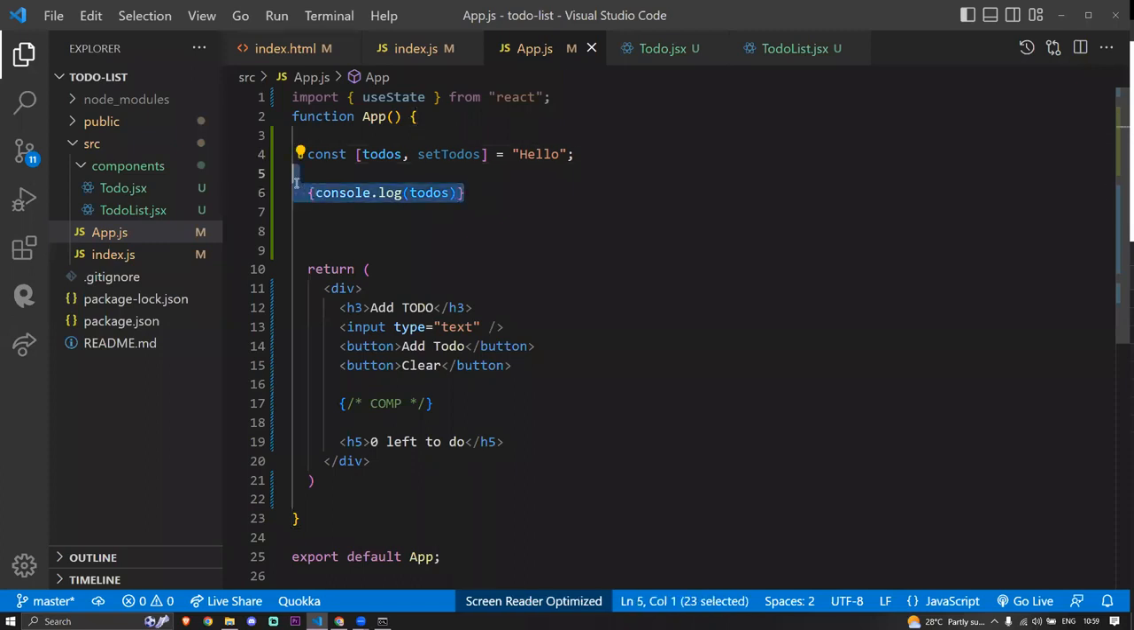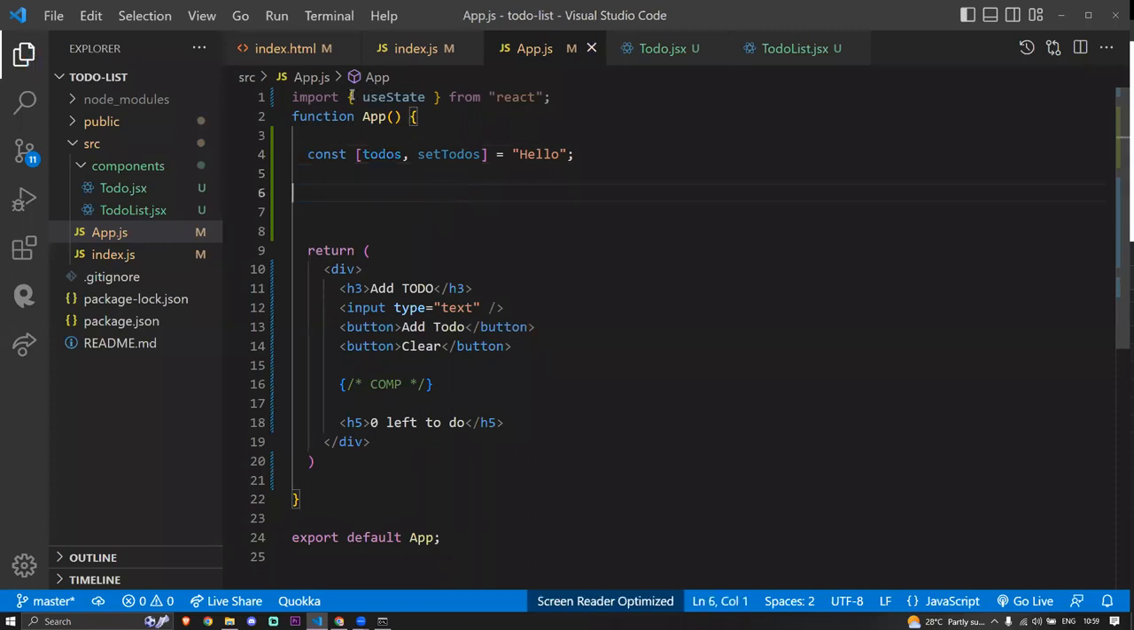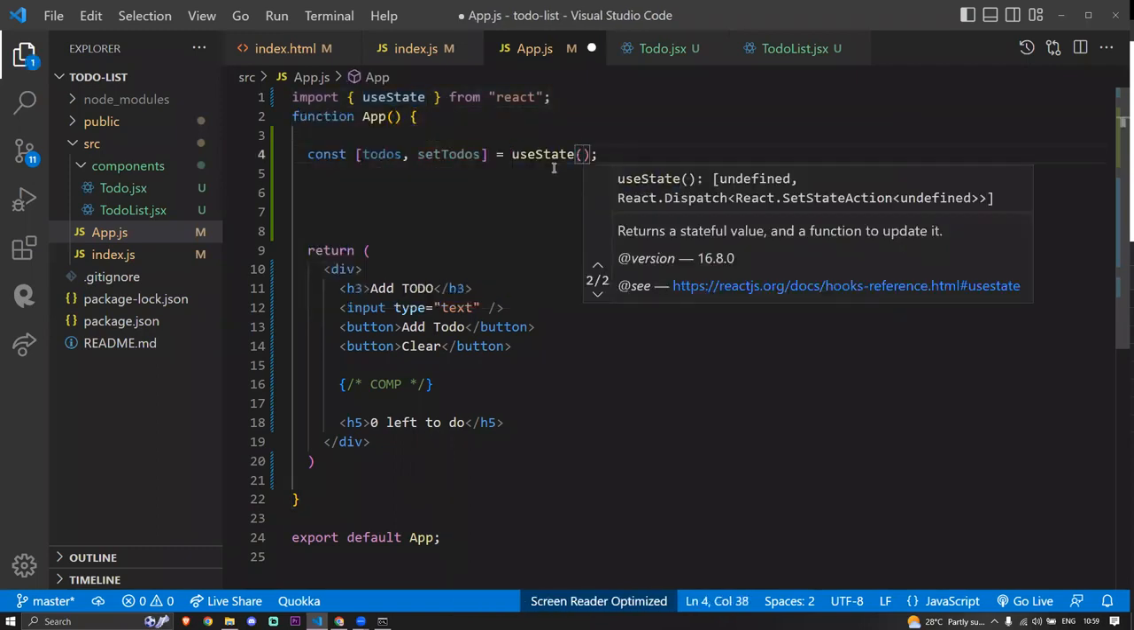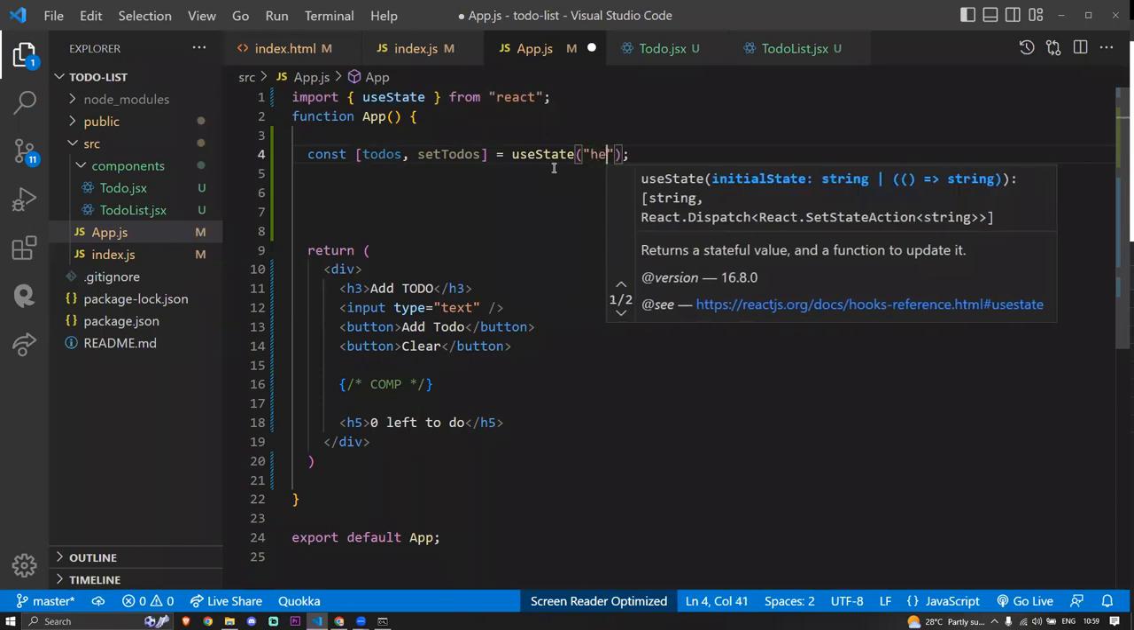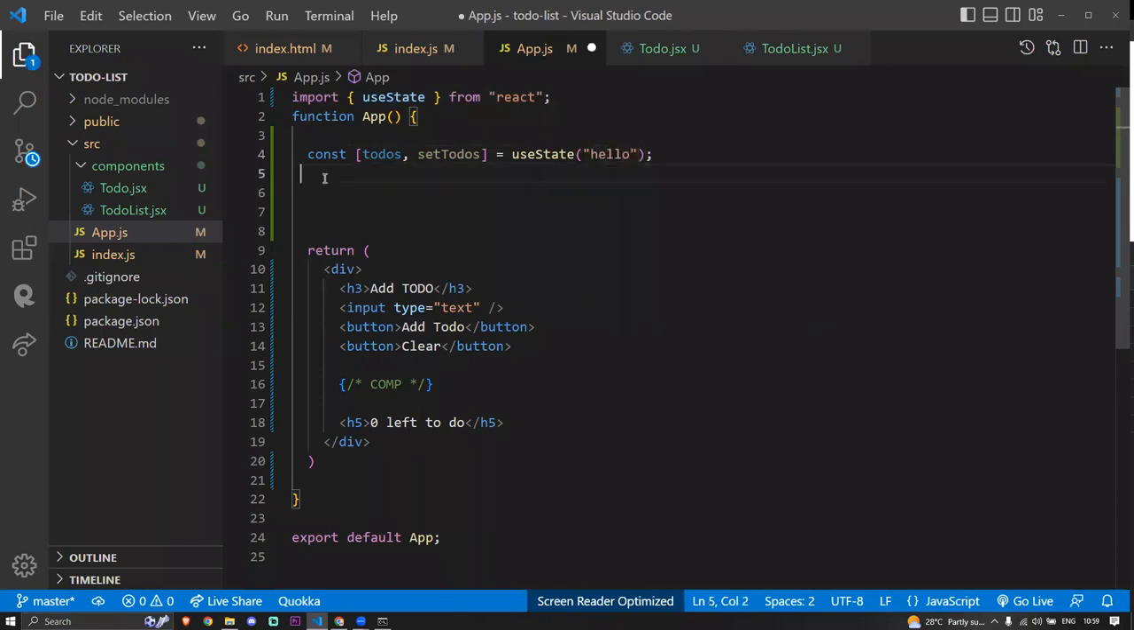Okay, sorry, I didn't use the useState. Basically what is happening here, I call the useState. I just want to use the useState here. So I want to call the useState function, and I want to pass the value inside this useState. Okay, hello. Now when I